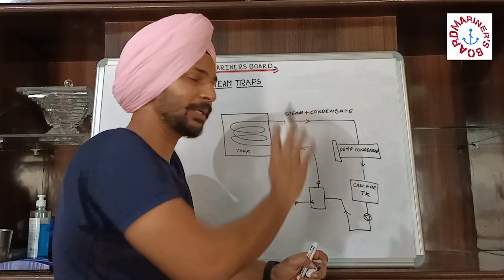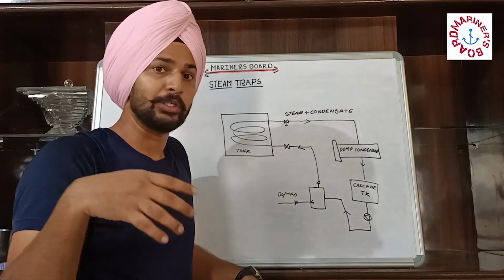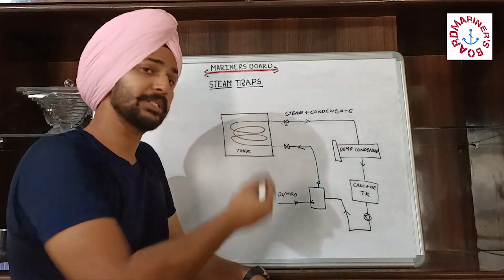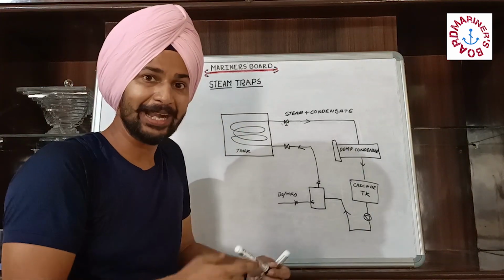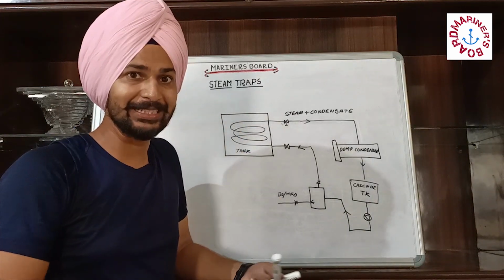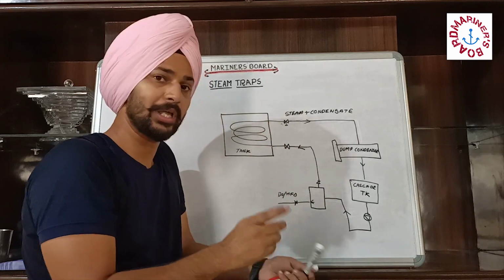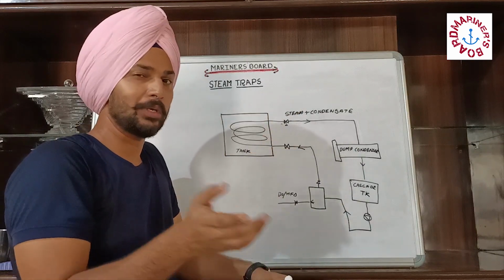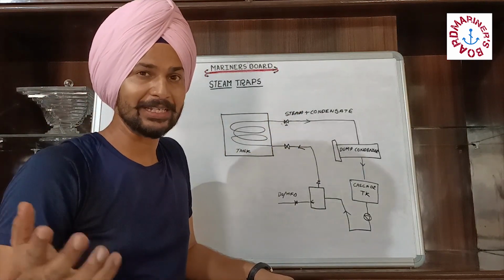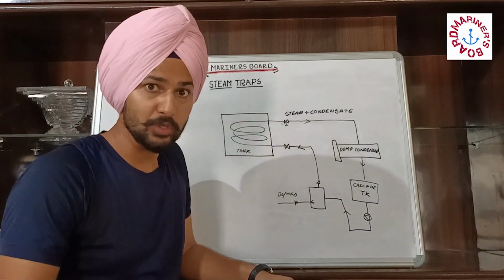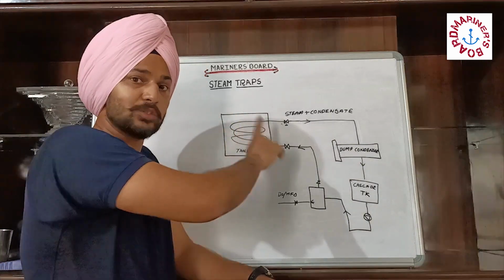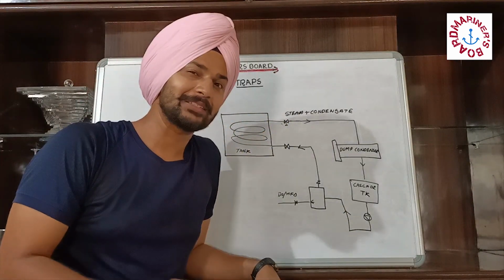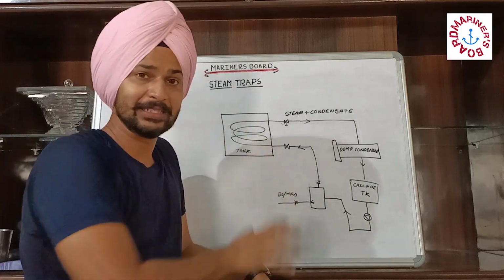Still some amount of steam was going to the dump condenser, and other than that, due to the continuous change in the outside temperature, suppose the ship is going to the summer area, at that time the temperature of the tank would come up easily, and they have to throttle the valve so that the steam does not get out. So they used to close the valve. When the ship is going into the winter area, at that time it would require much more steam to heat the content of the tank, so they used to open this outlet valve. So there used to be regular monitoring in this kind of system.